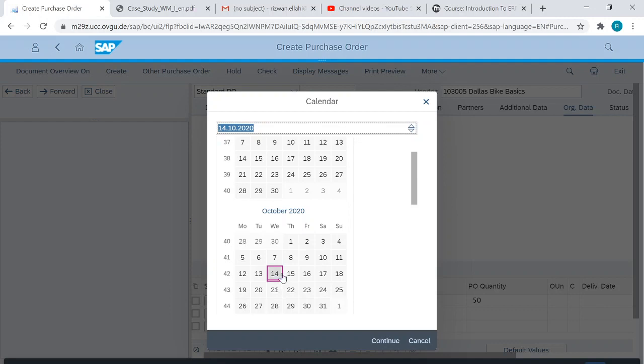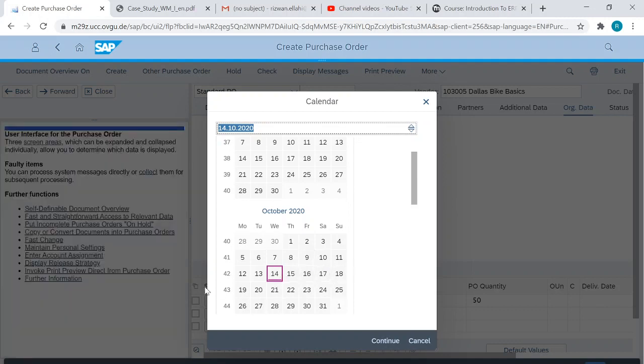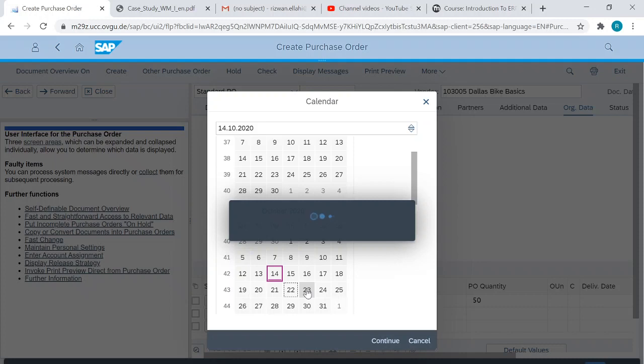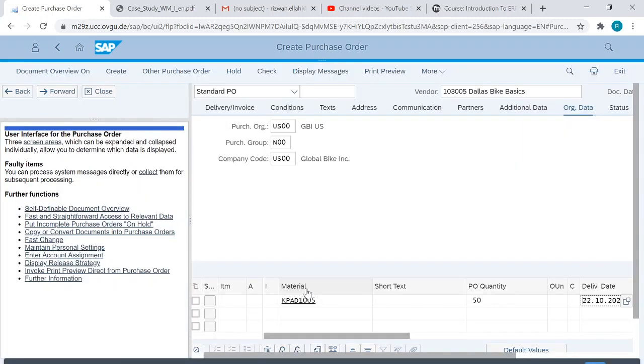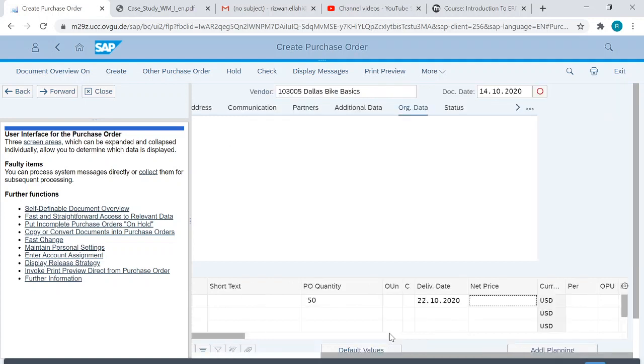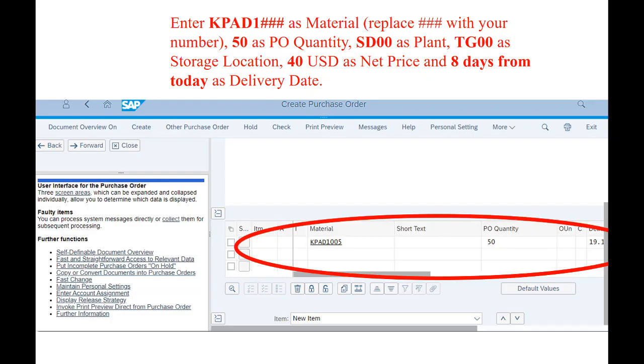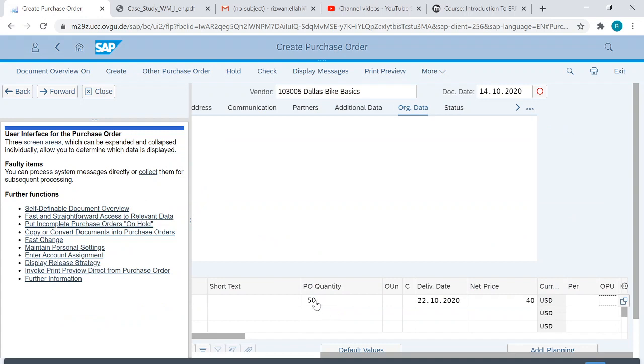For example, today is 14, then 1, 2, 3, 4, 5, 6, 7, 8. Just keep 7 days. Okay, now we need the net price. The net price has been given to us, that is $40. And we mentioned 50 as the units that we require, the purchase order quantity, that is 50 units of KPAD 1005.